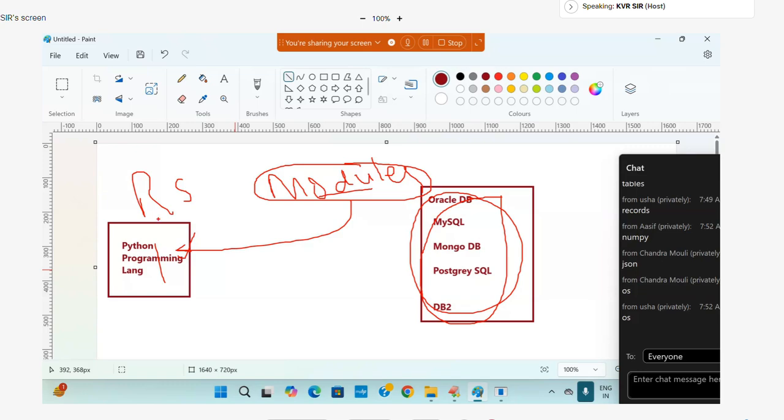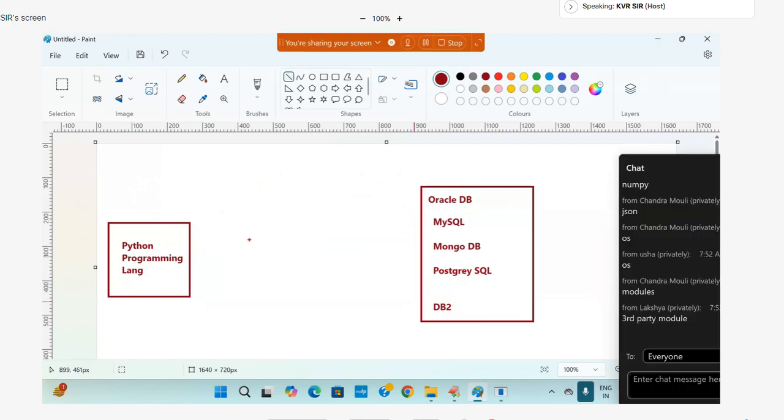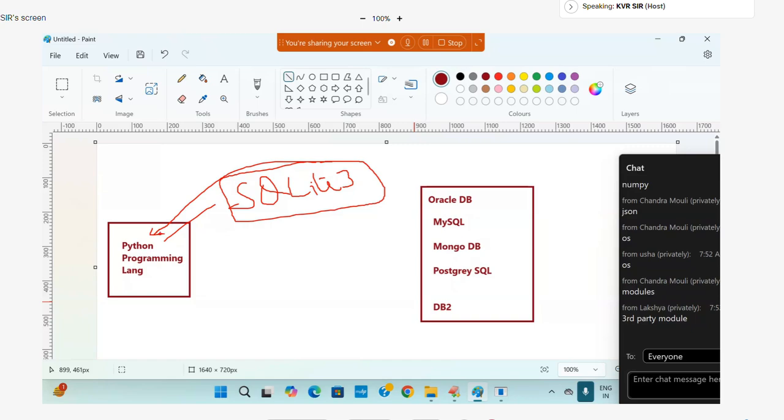Python did not provide any module for communicating with Oracle, and did not provide any module to communicate with MySQL, or any one of the databases, except one. What is that? In Python, one readily available database is there, known as SQLite 3, an inbuilt database of Python. When we started Python 10 years back, for the first 2 years we taught SQLite 3 because that was used in